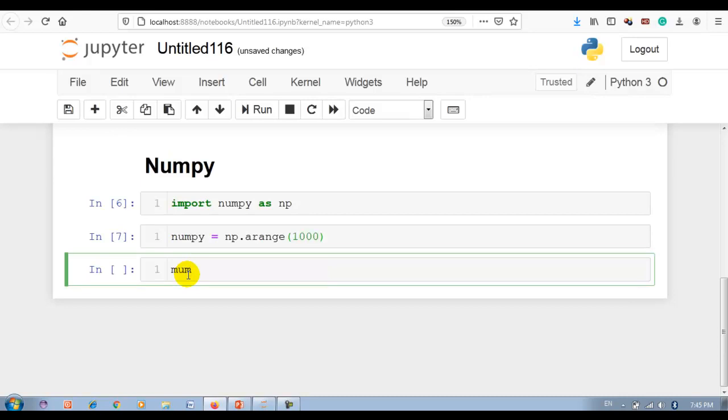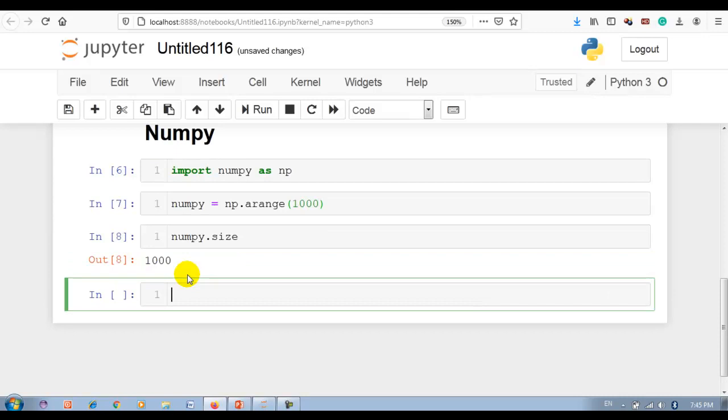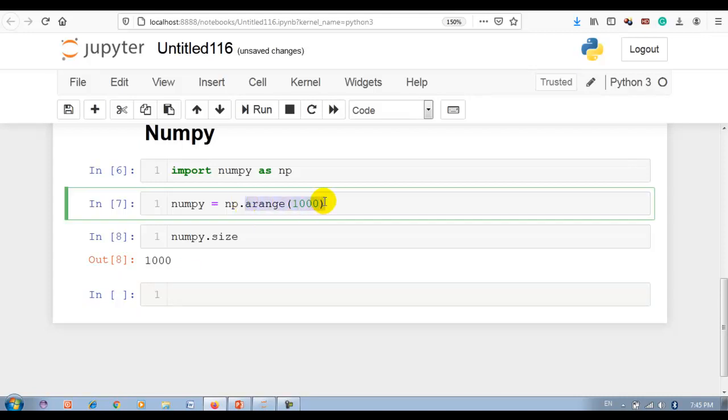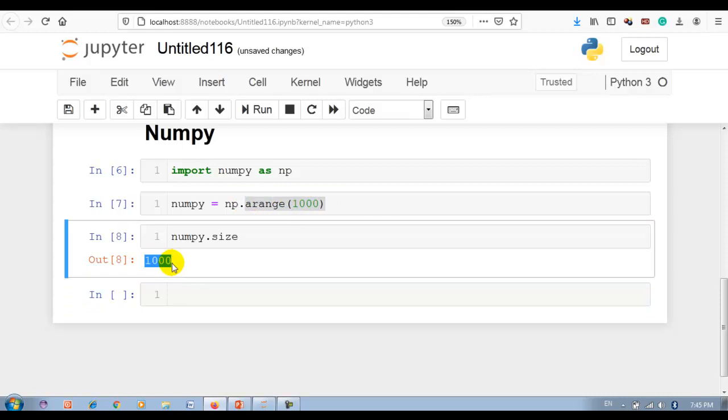Now let me check numpy dot size. So size returns the number of elements in the array. So here we have declared arange with 1000. So here it is 1000.